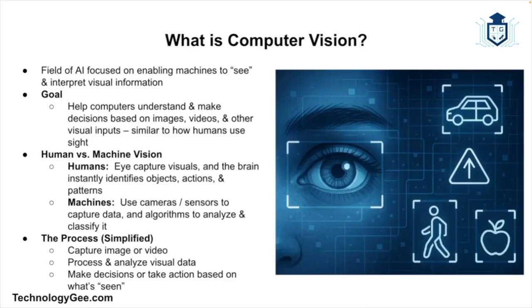All right, so first things first, exactly what is computer vision? So let's go ahead and keep it simple. Computer vision, this is a field of artificial intelligence that trains machines to see and make sense of the visual world. We humans, we do this all day, every single day, without even thinking about it. Our eyes can take in the world and our brains interpret what we're seeing, whether it's a cat, a stop sign, or a facial expression. With computers, the process is more mechanical, but the goal is the same, and that is to help machines understand and act on visual data.